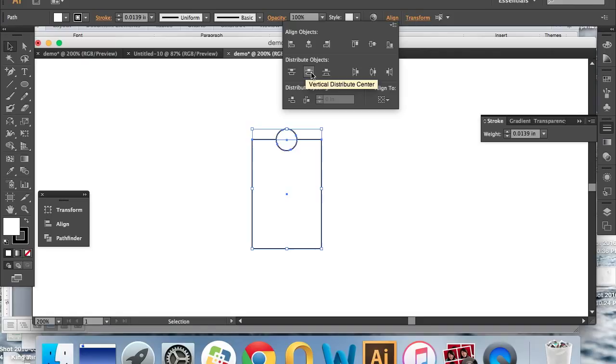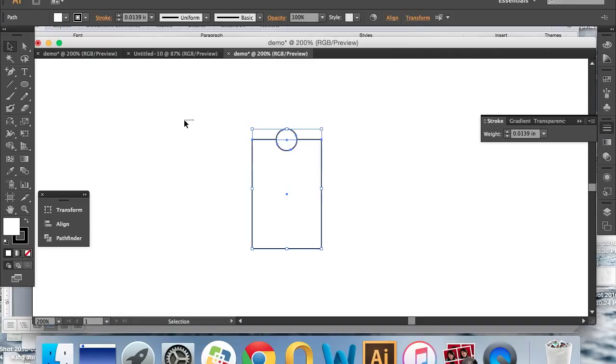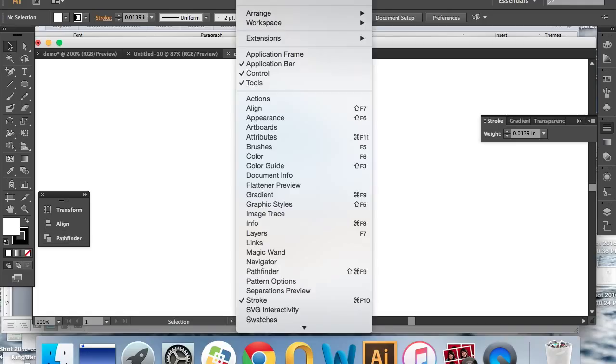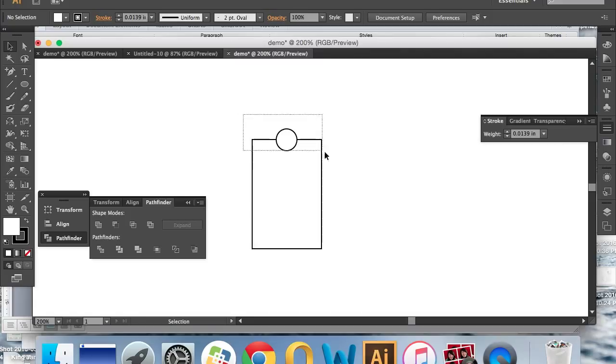Then click on Flip Horizontal. Then put it right on the body. Next, use the rectangle tool again to make the man's arms. Then, finally, use the Pathfinder tool